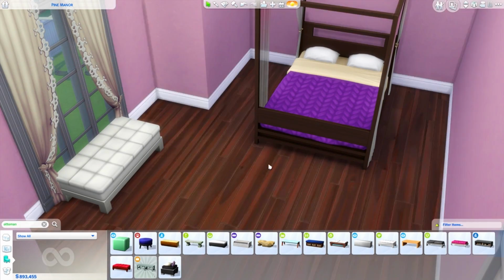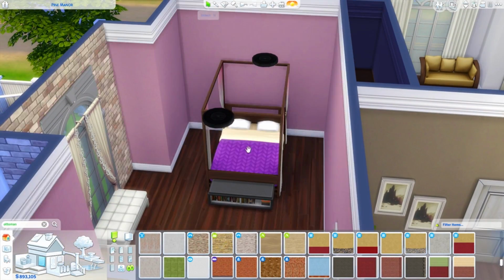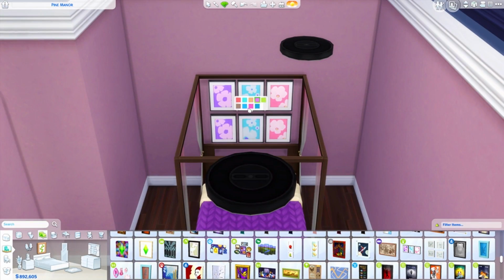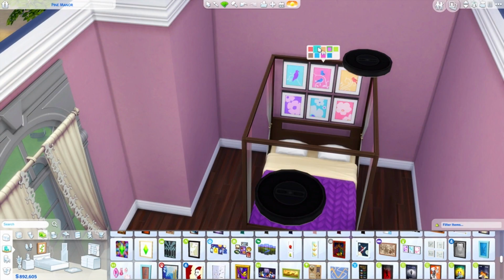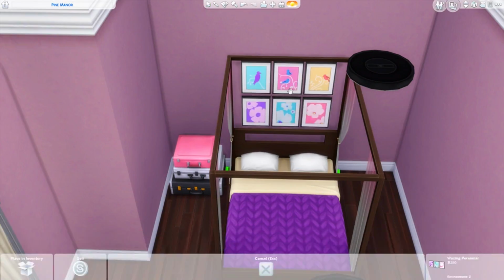So nice. But anyway, this is one of the bedrooms. It's more of a teen room. I feel like I always do a purple teen room and a blue twins room. I don't know why. I need to step away from it. But for today, I did it. But I also feel like I put a lot of details into my rooms, and they're slightly different, so we'll